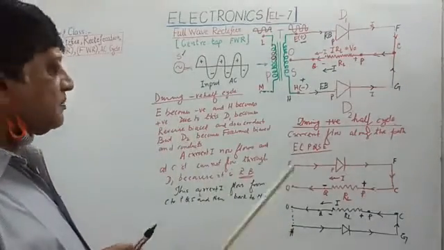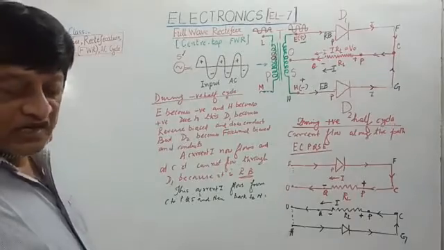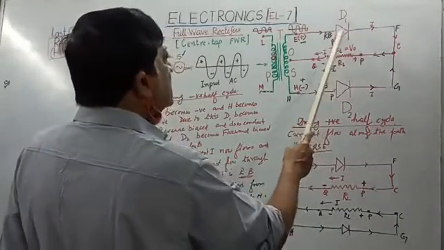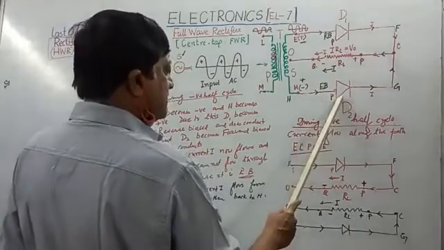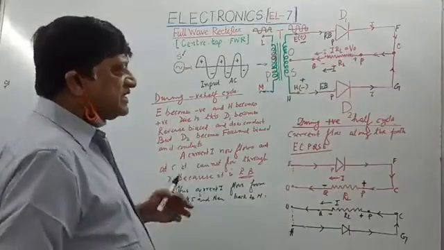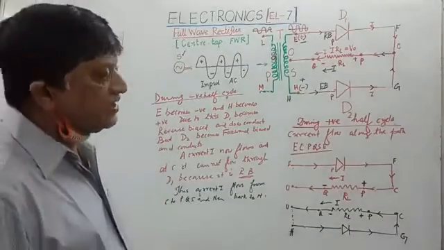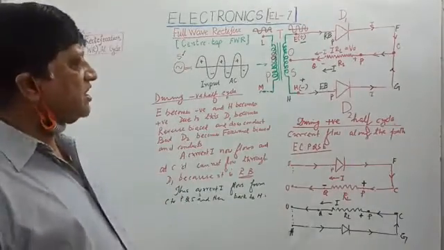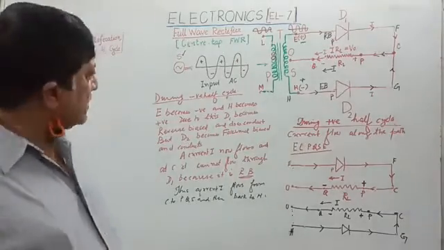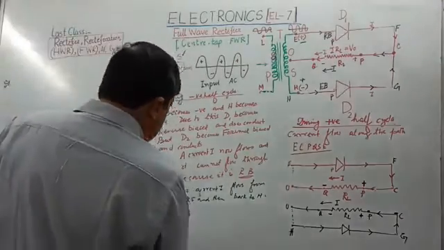The answer is no. The paths are different, but the direction of current flow is from P to Q both in the positive half cycle and the negative half cycle. So the potential difference remains same and current flow direction does not change. Such current we call DC. I think I am clear. We can write it down.